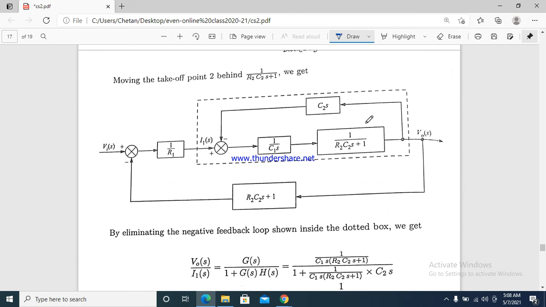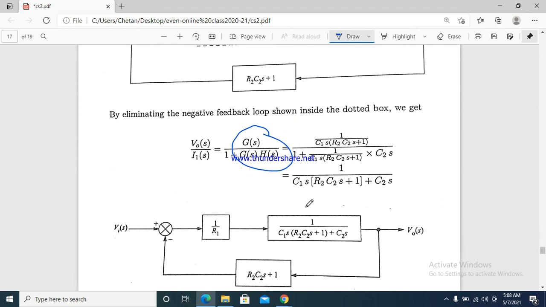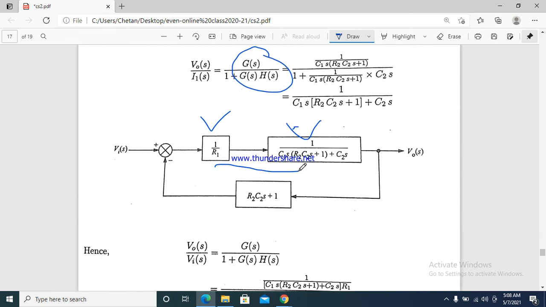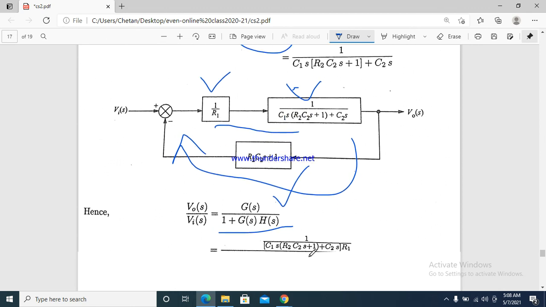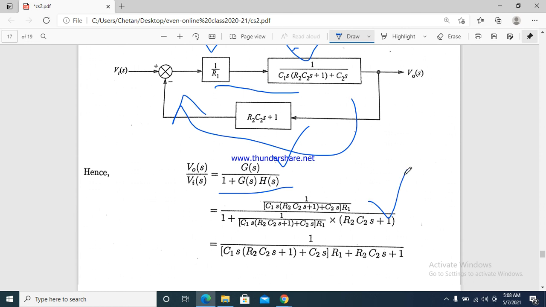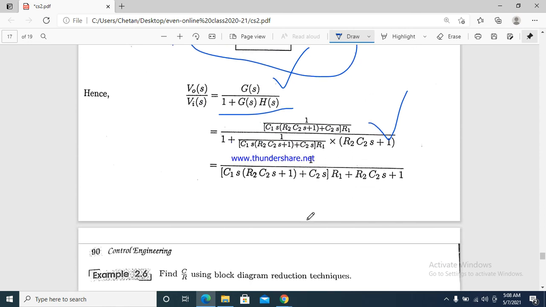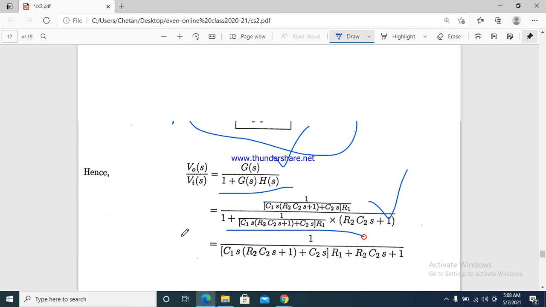Then simplify this loop. After simplifying this loop, you need to multiply this one with these two. After multiplying, one feedback loop is there. Using this formula, you need to simplify that. The final simplified answer is this one. And this value is multiplied by this value, multiplied by 1 by R. Multiply these two values. If another feedback element is there, G of s equal to 1 plus G of s into H of s. Simplify this expression. V naught of s equal to, simplify these two values. You will get your formula.